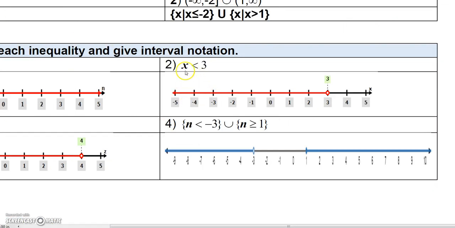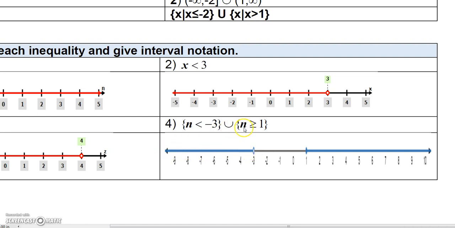Okay, so now the last couple here, if you want to shade x is less than 3, then you would do an open circle at 3 and then shade everything to the left. And here, if you want to graph everything less than negative 3, then that's an open circle right there. It's kind of hard to see, but everything less than negative 3, so open circle, then shade to the left,